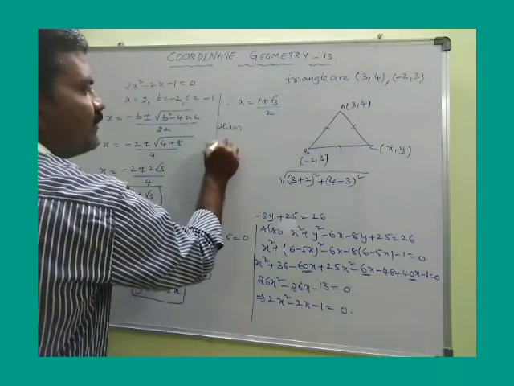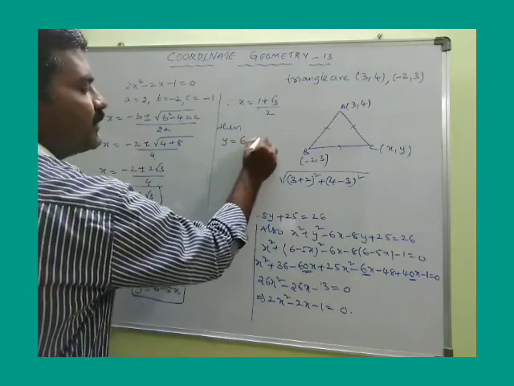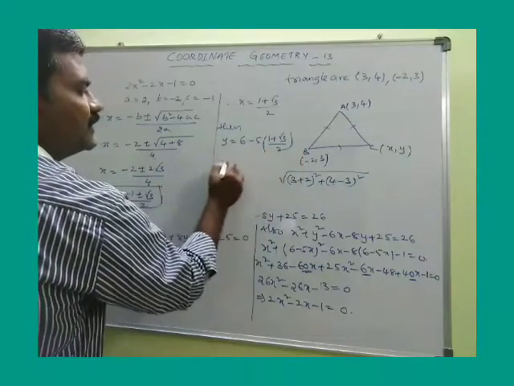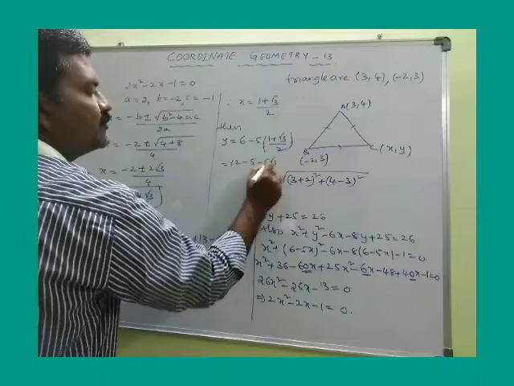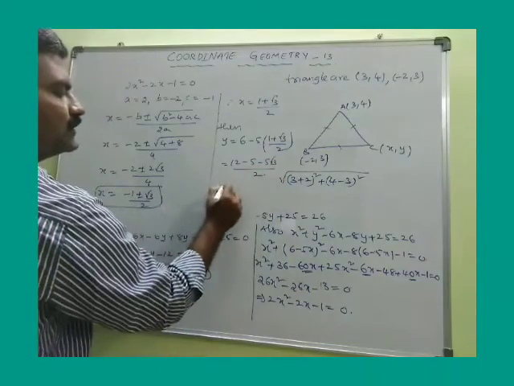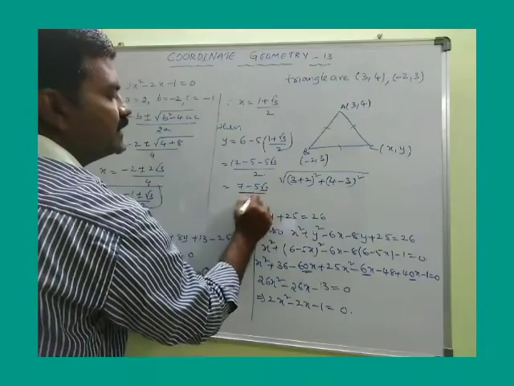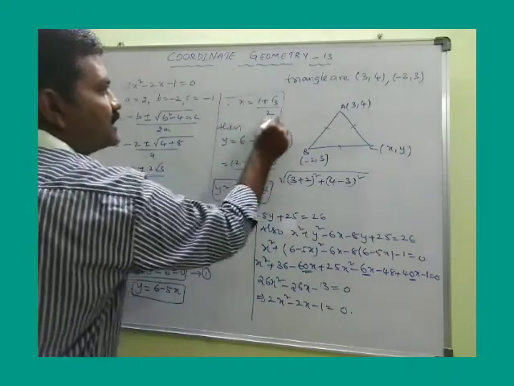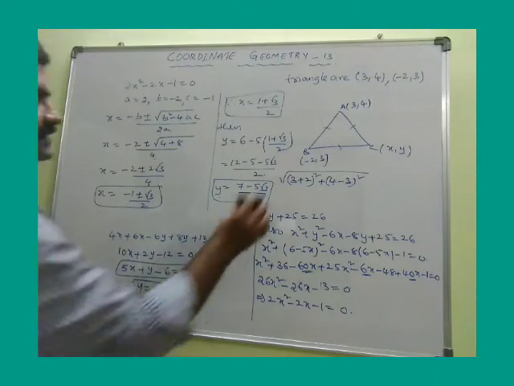Then y value is, what is y? 6 minus 5 into x, no? Substitute x value. So LCM 2: (12 minus 5 minus 5 root 3) whole divided by 2. 12 minus 5 is 7, so (7 minus 5 root 3) by 2 is the value of y. And this is the value of x. That too I considered only one case.